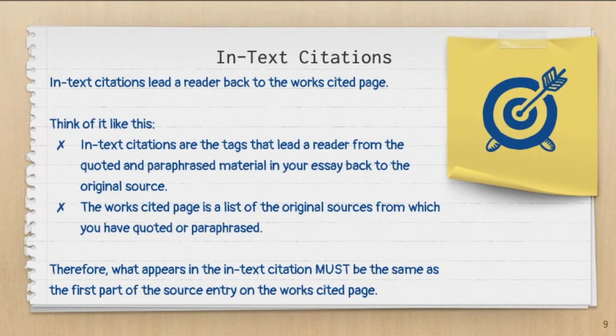Okay, so an in-text citation is going to lead a reader back to the works cited page. Here's where you're going to see the connection between your in-text citations and your works cited page. There is a very tight connection between the two. Think of it like this: the in-text citations, in the body of your paper, are the tags that lead a reader from the quoted and paraphrased material in your essay back to the original source. And that original source, of course, is found on that works cited page. Therefore, what appears in the in-text citation must be the same as the first part of the source entry on